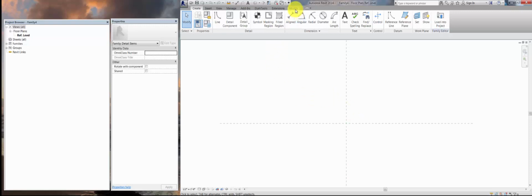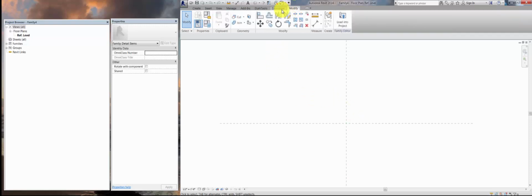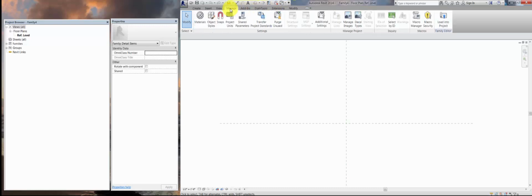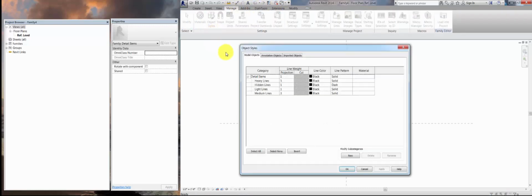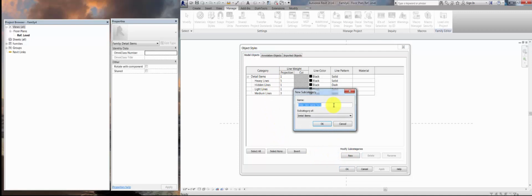So how we create new subtypes is in Manage and Object Styles. So you'll see there's Model and Annotation. So here we are in Detail Items. For whatever reason, Detail Items is in model categories, even though it's a 2D type thing. So you automatically get these line styles. And we want to create a new one called Lighting Symbols